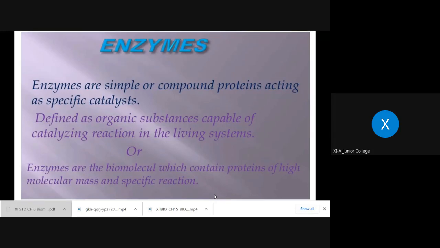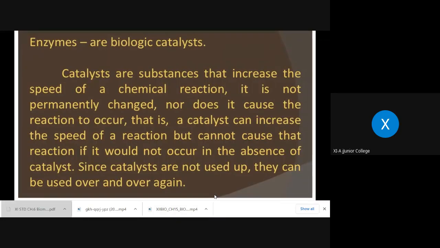So enzymes are all proteins, but remember that all proteins are not enzymes. Only those proteins are considered enzymes which have catalytic properties. Now you know the meaning of catalyst, which you have already learned in other subjects like chemistry: it helps speed up or increase the rate of reaction but doesn't take part directly in the reaction. So enzymes are considered biological catalysts, involved in many biochemical reactions.